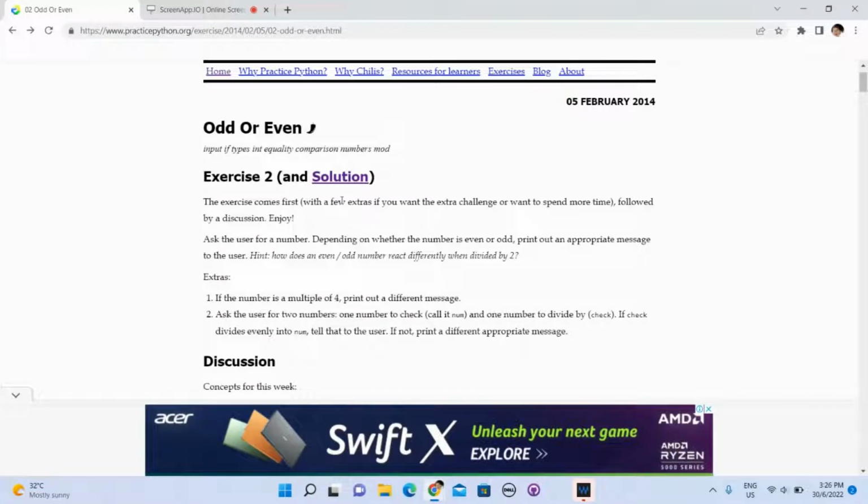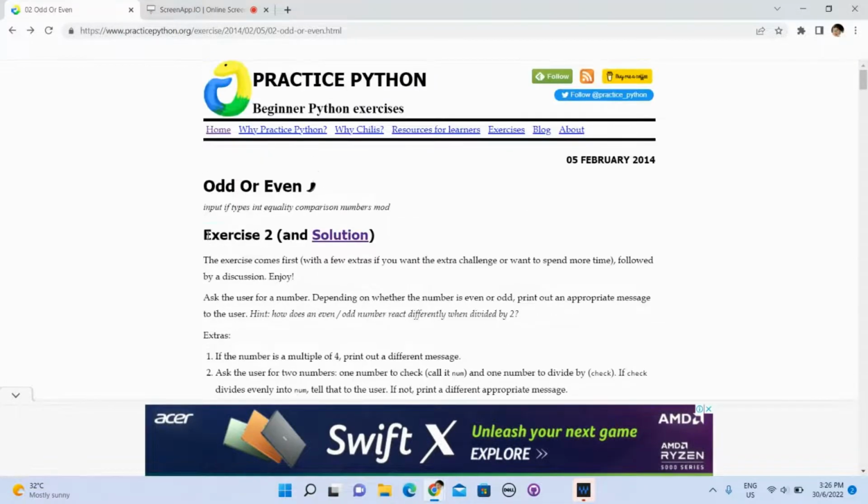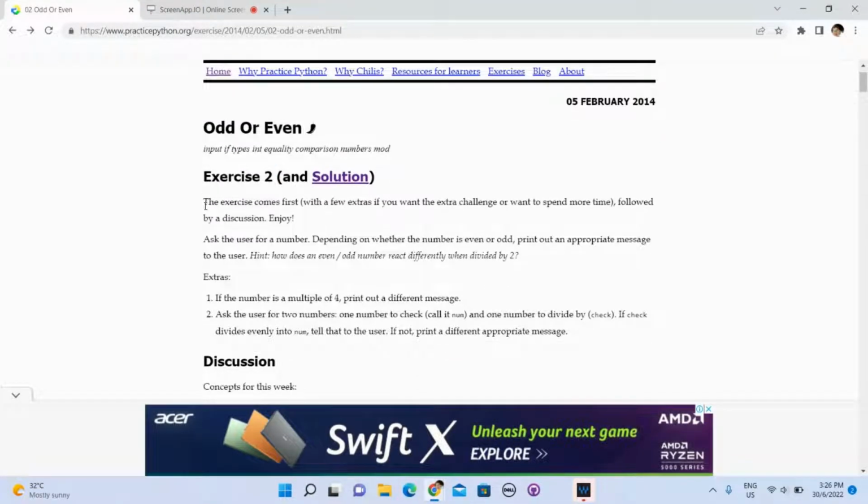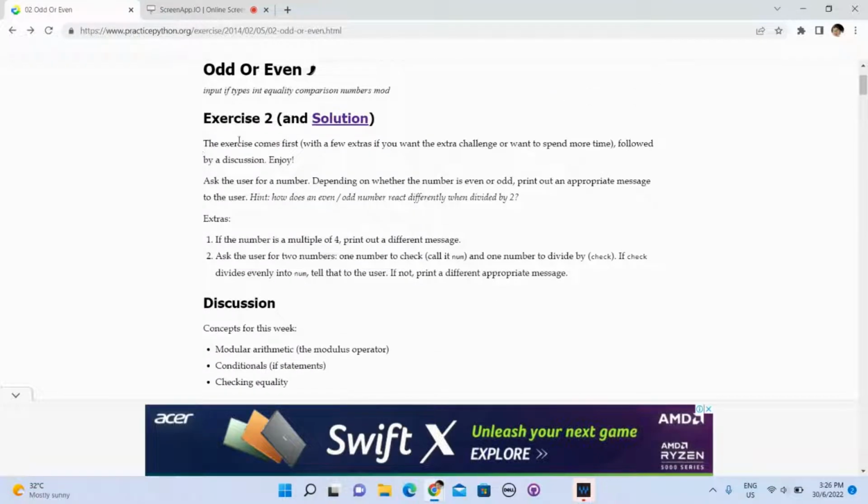Hello guys, welcome to the second day of daily Python practice. This is exercise 2, and we will take a look at what this exercise is about. Ask the user for a number. Depending on whether the number is even or odd, print out an appropriate message to the user. So how does an even or odd number react differently